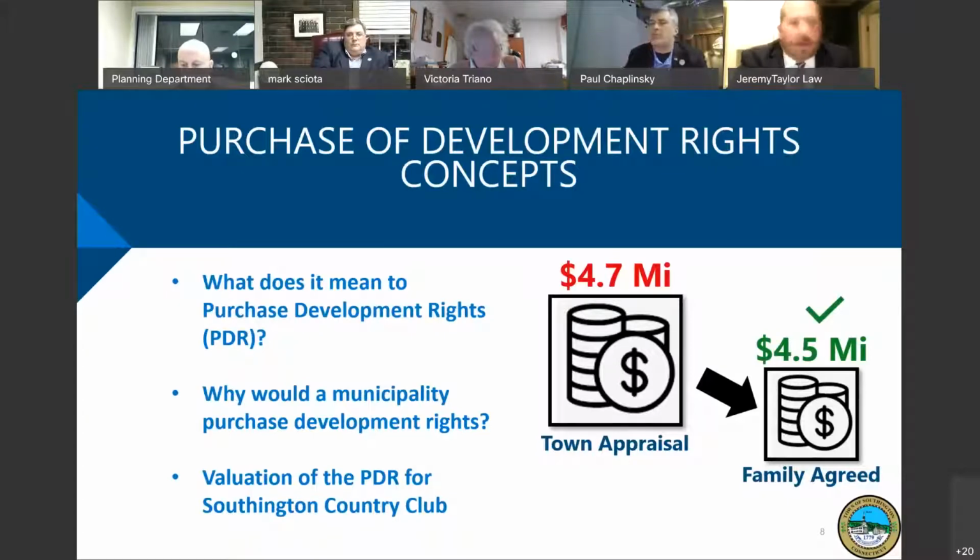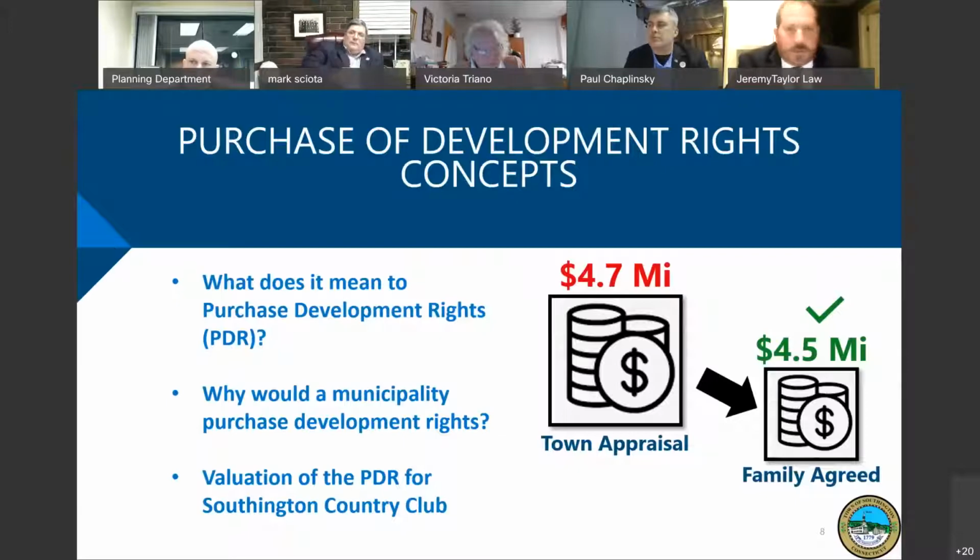Now we move on to how we value the purchase of development rights. Well, the valuation is done by an appraisal. The value of the development rights usually is the difference between the fair market value of the highest and best use for the property, which on this piece of land would be the subdivision development, which is already approved by the town, and the value of the land when the restricted use is put on there. The town hired an appraiser to do the appraisal of the purchase of development rights, and the appraiser came in at